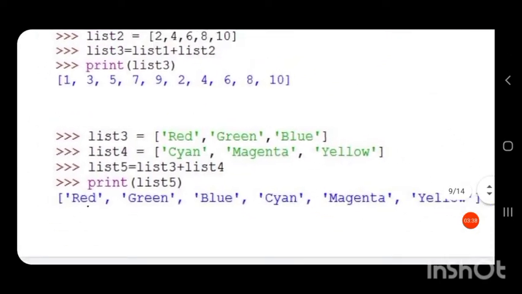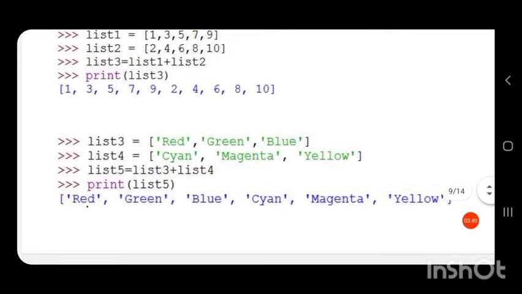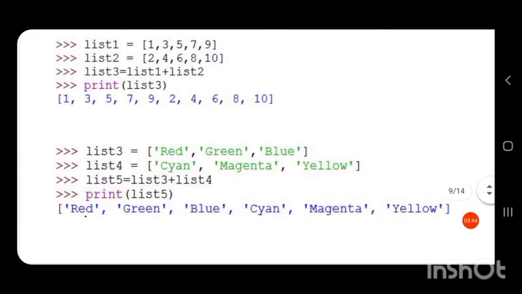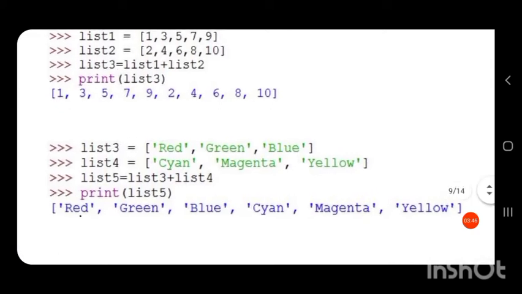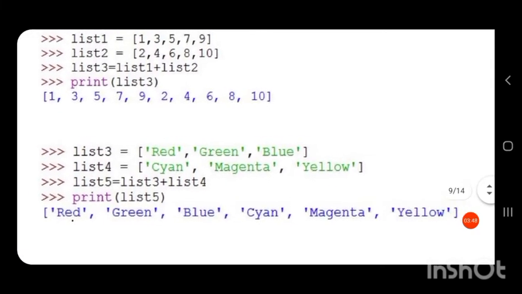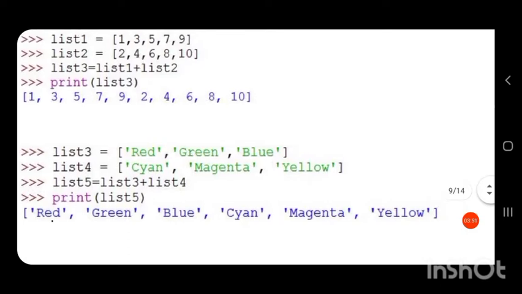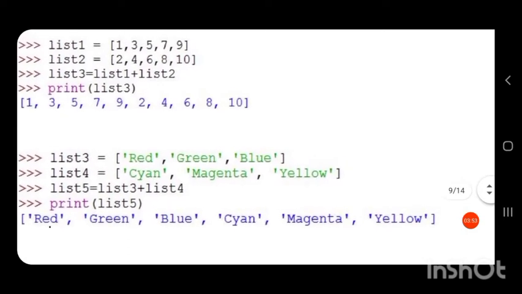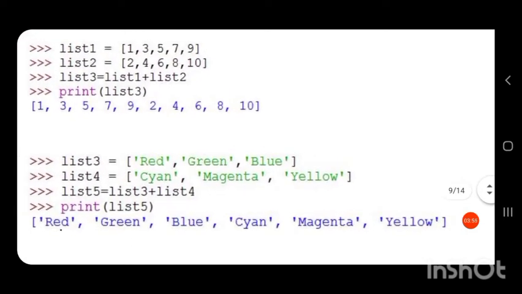Let us see another example containing a list of strings. This was a list of integers, and now another list containing strings. So we have list3 equal to, in square brackets, since a list is always represented in square brackets, in single quotes different colors: red, green and blue.